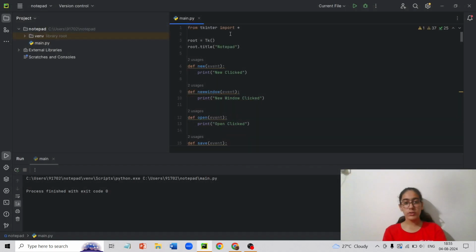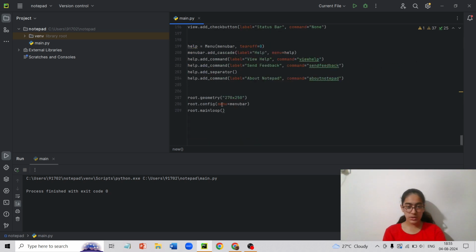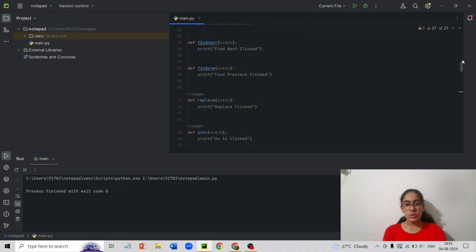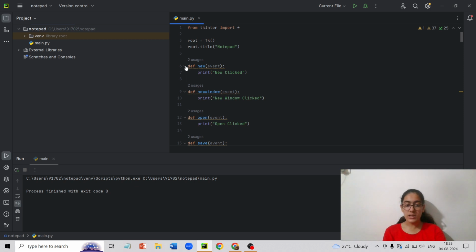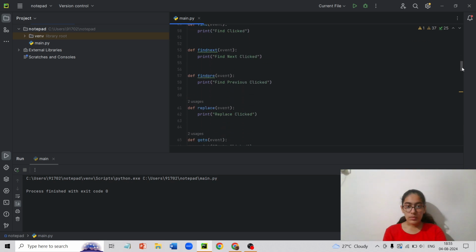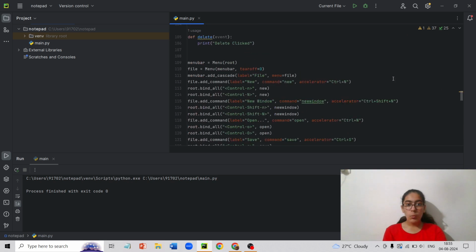We have over here from tkinter import star. This is the regular process, and in the end we should have root.mainloop. root.config I'll be teaching you. So here we have the first defs. Def means the functions. From line number 6 to line number 106 we have def functions.